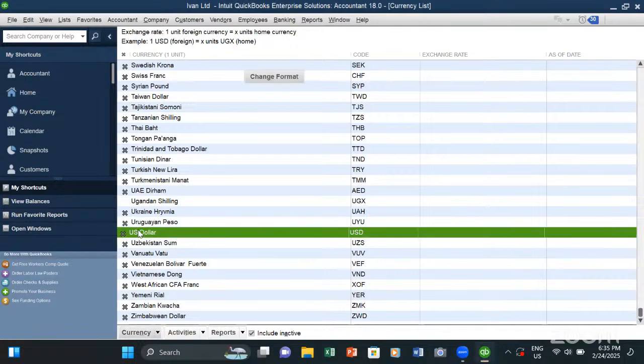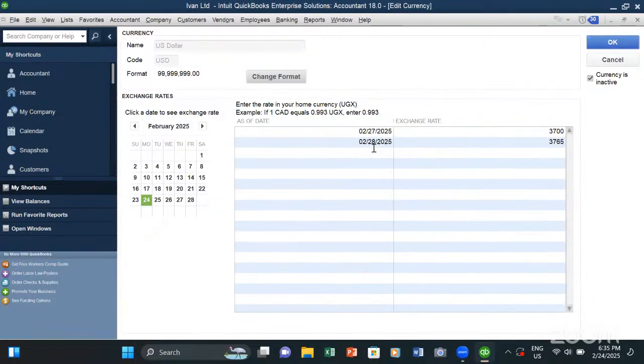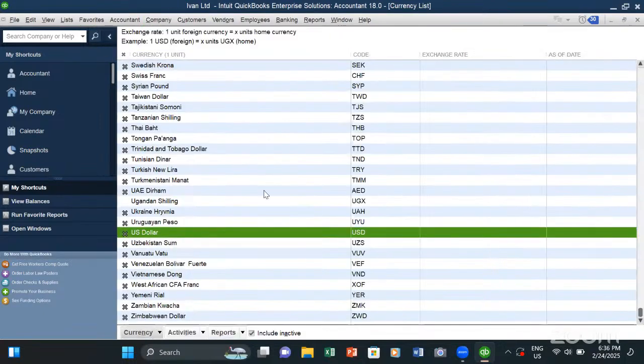Like you see, there's a US dollar here. When you double click, we have already put currencies. So if they keep changing daily, every day you come, you put another currency. So the entries which will be made in a foreign currency will be picking that currency rate at that time. So this, you get it under company,